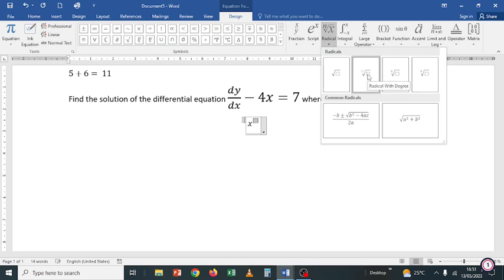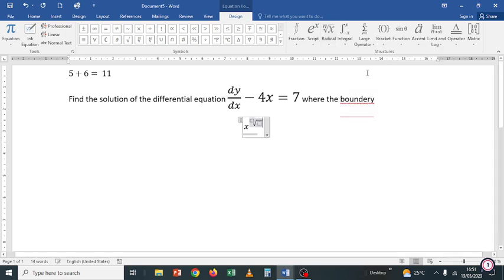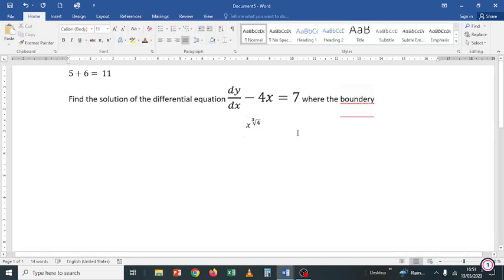Or I pick this one, or I pick this one. Whatever choice, this will be a cube root of a given equation. Let's say I want that one, then I say x, the cube root, or root 4, and maybe that is 3. Maybe that is the kind of equation that I want to type. Then